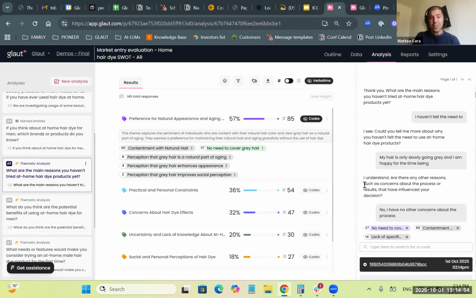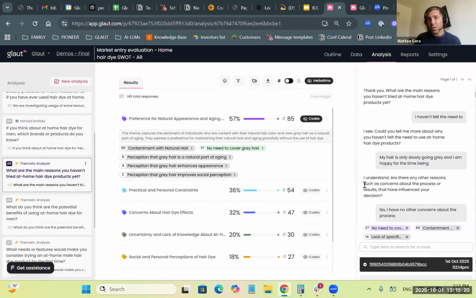This is probably 85 to 90% right, and depending on your assumption, it can be 100% right or it can be 75% right. We have never seen more than 25% of codes being modified in a real project. But the main point is that it's extremely easy to modify, edit, merge, delete, drag and drop codes from one topic to the other.